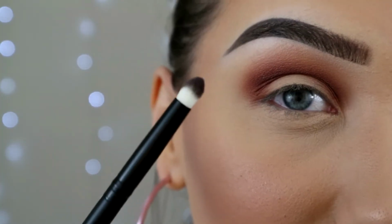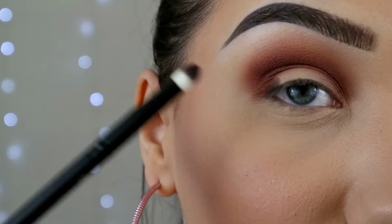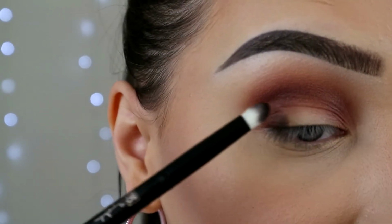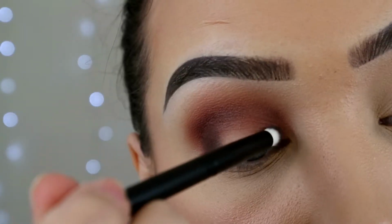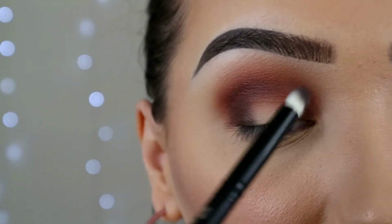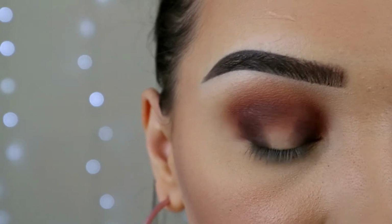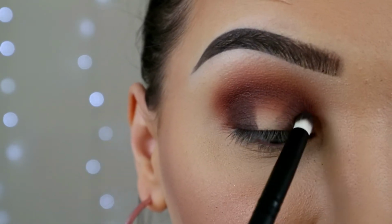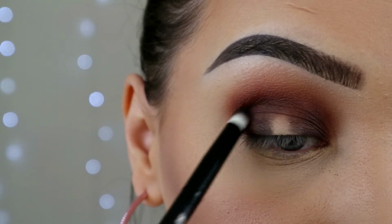Got the shade Smoked layered on my brush. You can see how pigmented it is, and I'm going to start placing that outer corner and inner corner so we start getting the kind of bones of our spotlight eye. I honestly don't think I own such a warm toned palette. I've got a lot of palettes with warm tones in them, but this one's like a really curated collection of warm toned shadows, and they just work so beautifully together. I'm going to connect them at the top,